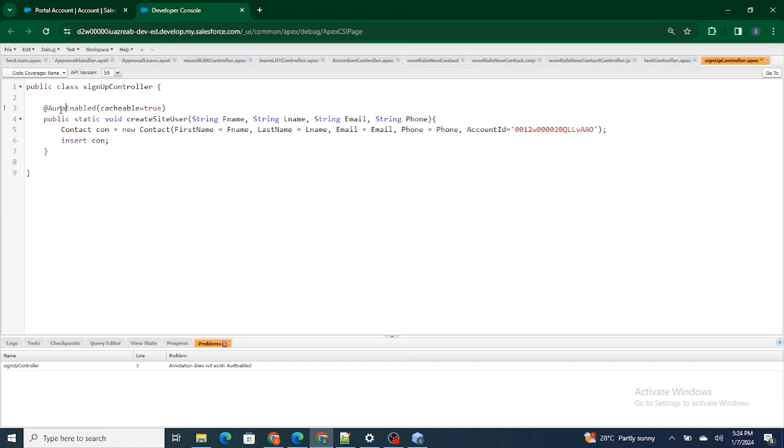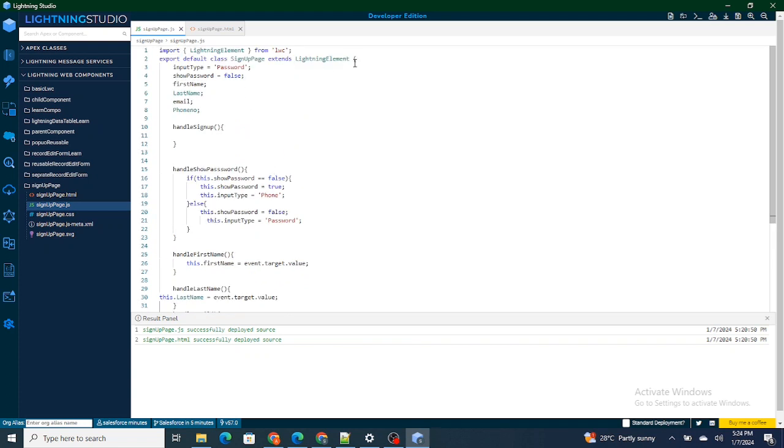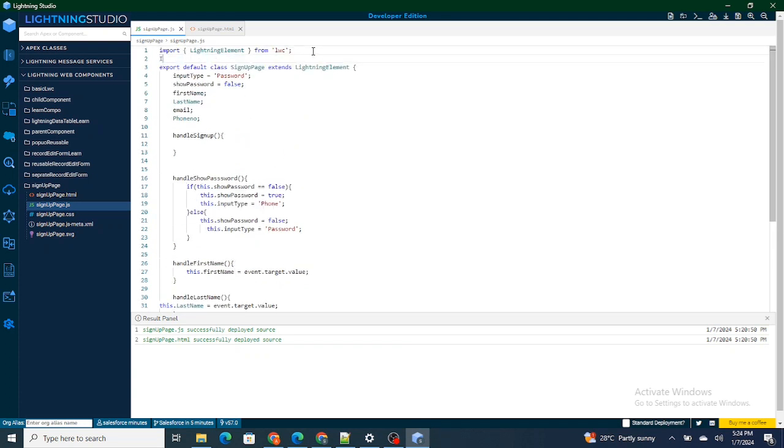It's Aura enabled. Okay, fine. So our method is ready. Now I need to import this method in our LWC component. To import that, what we can do is import